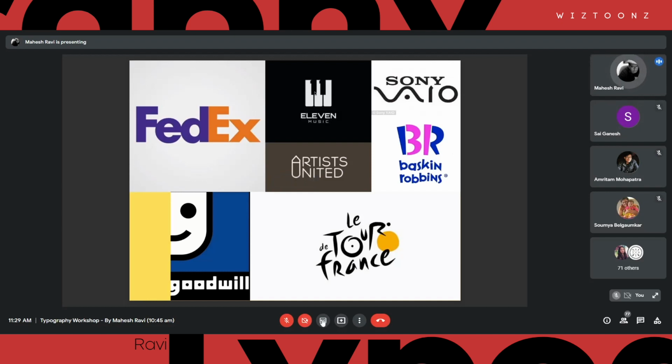Yes. So it's the digit 11 here, but you also feel like that's the black keys of a piano. Right. Now, these two shapes in here, the E and X, it is basically typography, but with their arrangement, with them being close and everything, you can see an arrow in this logo. That is because of that typography arrangement. Now, if you come in here, you can see a smiley face, but this is actually a G, right, of Goodwill. It's the small letter G, which actually looks like the side of a happy face.